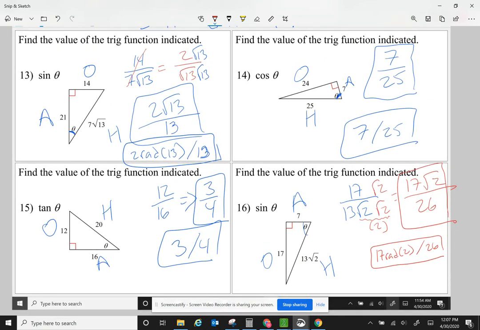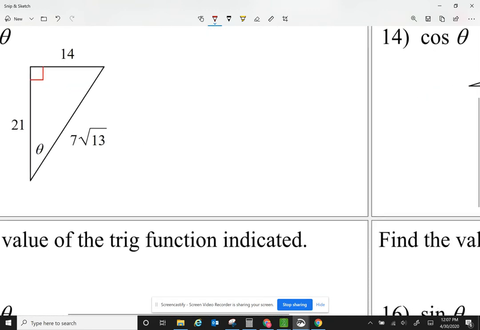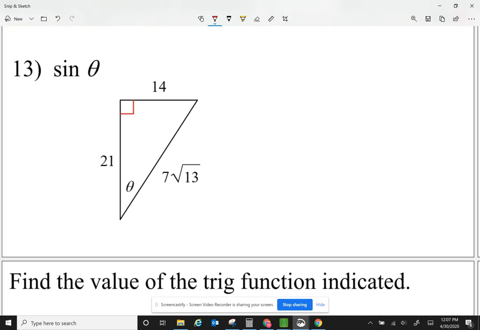Now, with you guys, this is how I showed you the work. I was using theta. It's a Greek letter that is used for measurements, for angles. Now, in geometry, we're not quite supposed to introduce the letter theta yet. We're supposed to label all three sides. What I was supposed to do in this case,